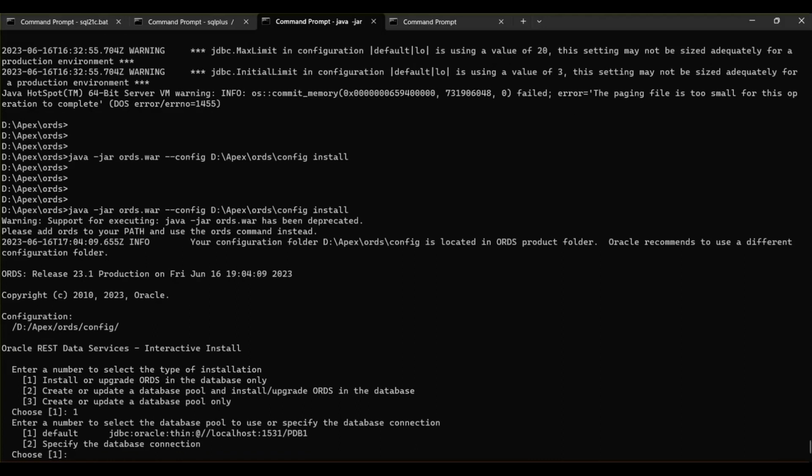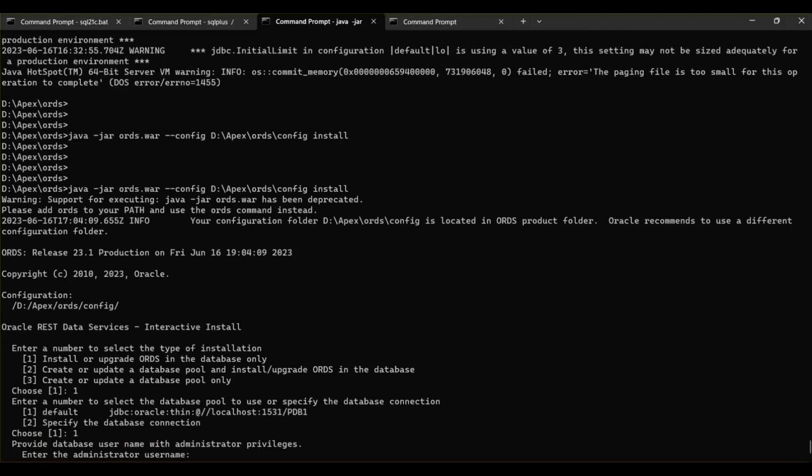I ran the Java command again, but this time I selected option number 1, for just installation. It completed successfully, but it nearly did nothing.